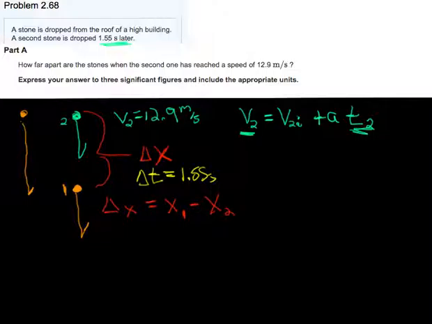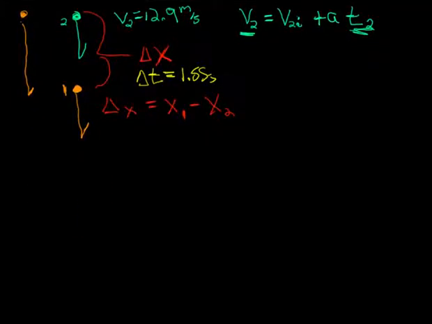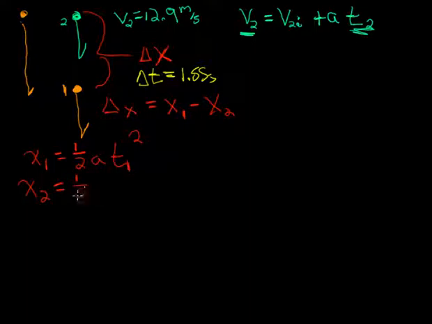So the distance equation that we're going to be looking at is x1 equals 1/2 a t1 squared. x2 equals 1/2 a t2 squared. And we'll subtract these, so delta x